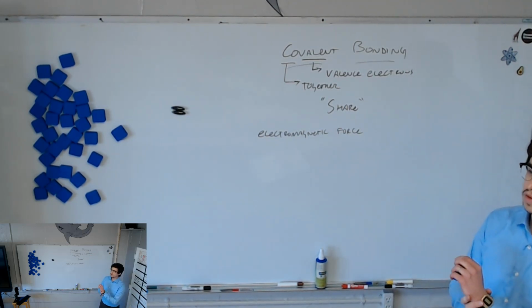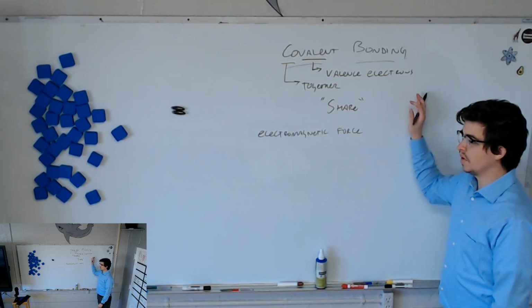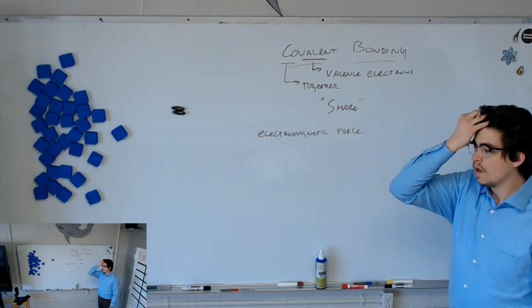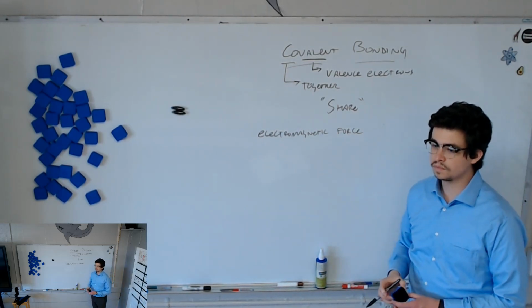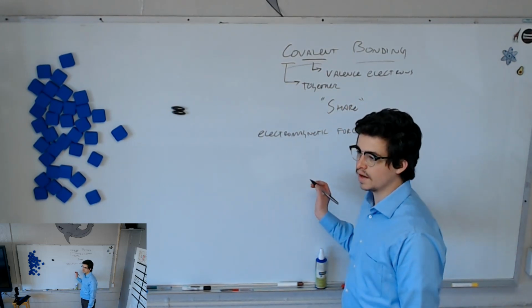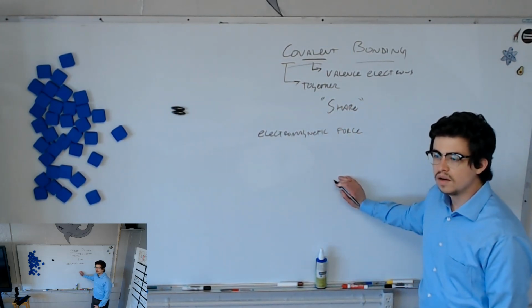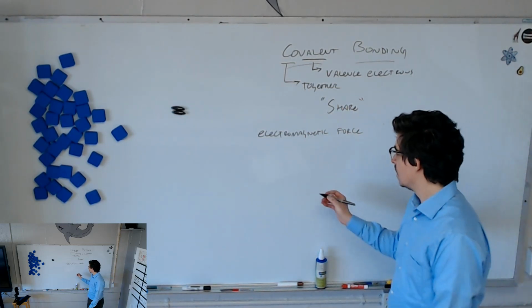Remember, an ion was when one gave and another one took. So this is a completely different thing, but it's still governed by the electromagnetic force. No giving, no taking. They share instead. So instead of there being two separate ions that are then joined because they're attracted to one another, now it'll be something like,